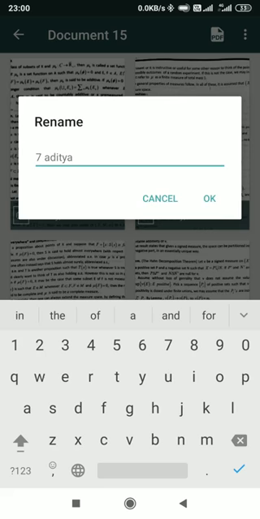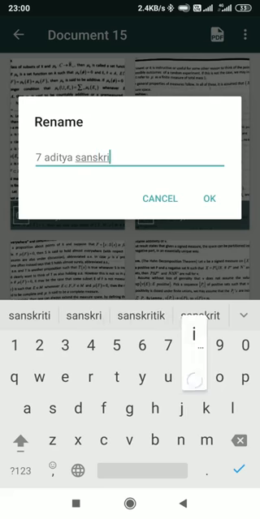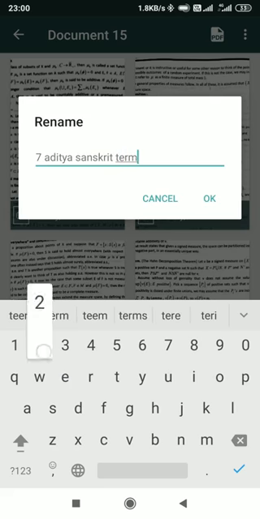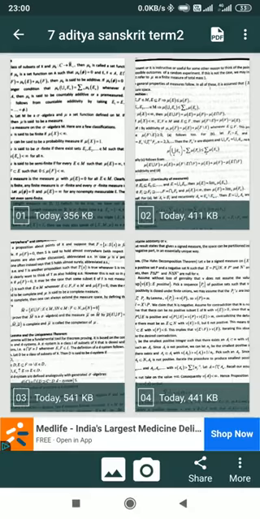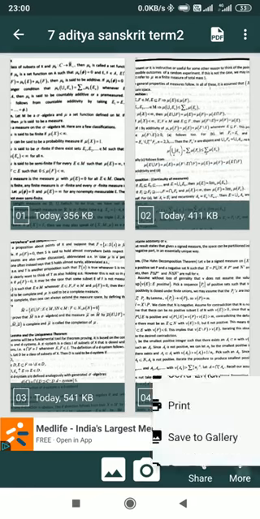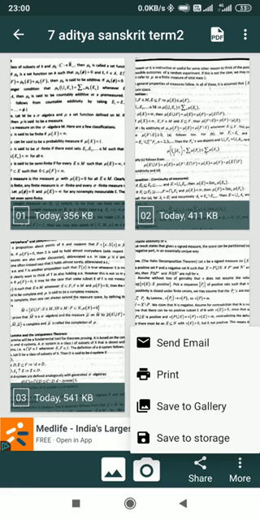Then the question answer sheet, कौन से क्वेश्चन पेपर के लिए आपने आंसर किया. For example you have answered for Sanskrit, so type Sanskrit over there. Okay, and then type term 2, that is you are actually showing it, this is for the term 2 examination. Now click on OK. Now it has been done. Now you can see at the bottom part, नीचे वाले पार्ट में देखिए वहाँ पे more का ऑप्शन है. So now you can actually save this particular file and you can print also.